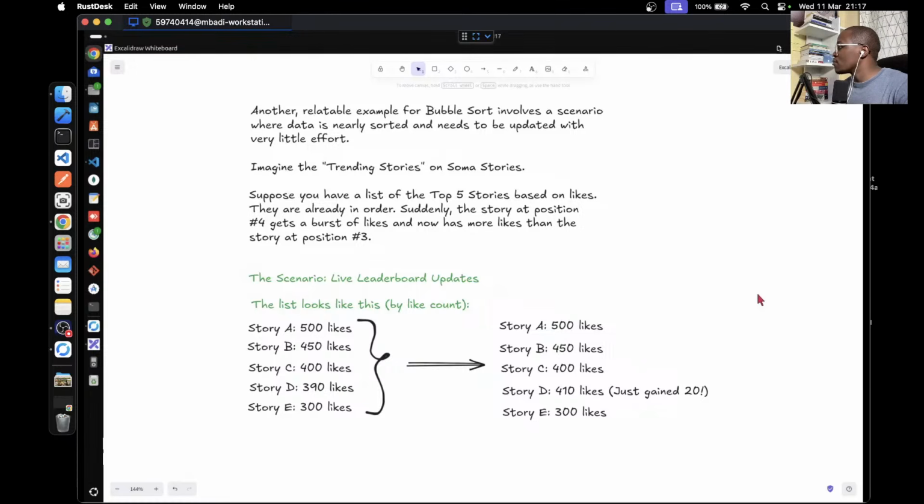I'm not getting what I'm trying to look for. Why? Trending. All right, I'm not getting what I wanted to look for, but let me just explain it here.